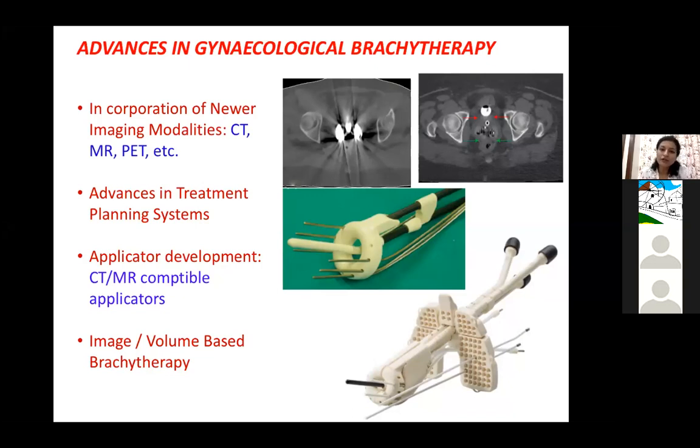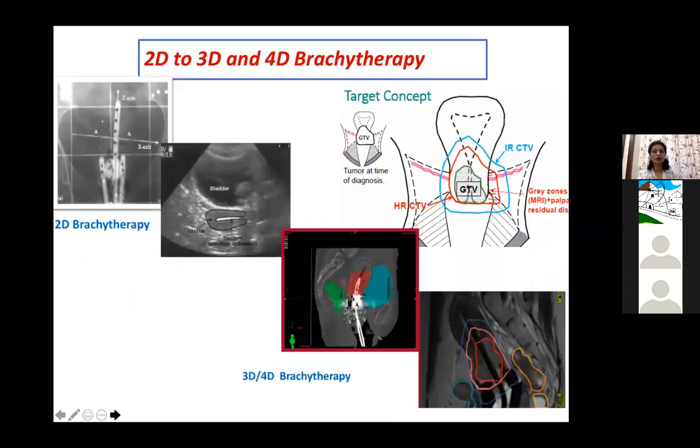interstitial applicators. We had the development of combined intracavitary interstitial techniques. And this was the Vienna applicator that came, which provided us an opportunity to do a simultaneous intracavitary along with an interstitial implant. Also, this is the latest Venezia applicator, which gives us a vast opportunity to treat all kinds of tumors, even if there is lateral parametrial extent or lower vaginal extension. So we moved on to 2D, to 3D, and presently we are in the concept of 4D brachytherapy. So we've moved on using various imaging modalities, and now we've come to a target concept.